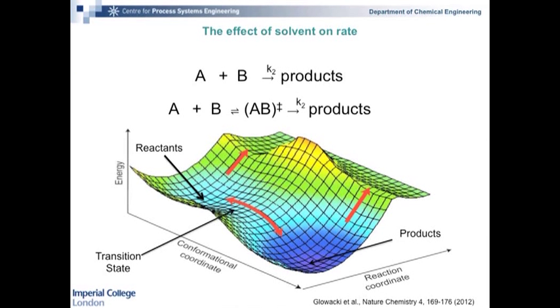Well, in a reaction, the reactants are going from an energy minimum to an even better energy minimum through rearrangements. And the way they get there is by going through this energy surface here, and they have to go over some barriers via a transition state. And what happens once you change the solvent is that the height of this barrier is changed, because the reactants and the transition states are more or less well solvated by different solvent molecules. Okay, and so what we'd like to be able to do is to identify a priori or through computations which solvent is best for a given reaction.